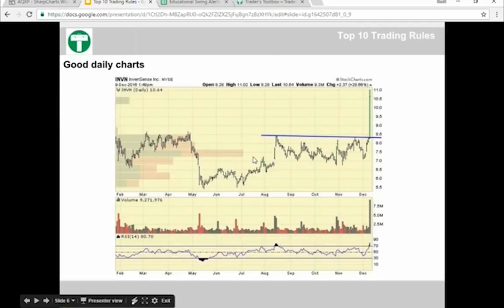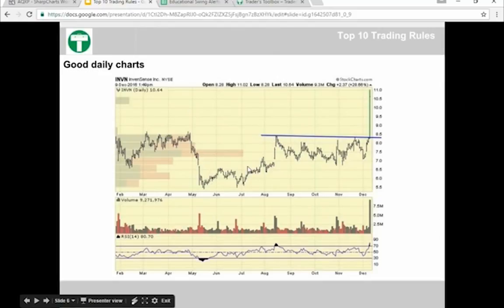And so what I mean by knowing the pattern, okay, you need to know what your risk is on any given trade and what your reward is, right? So in this particular instance on INVN a couple of days ago, I think it was last Friday, there was obvious resistance. So this is kind of what I call a flat top breakout. Now the names of these patterns aren't important. What is important is